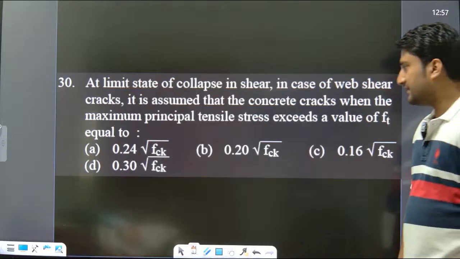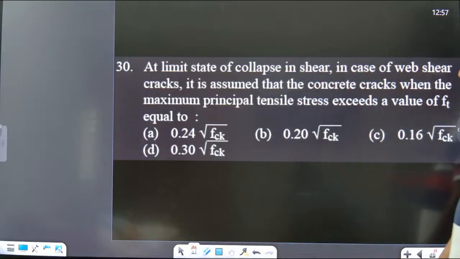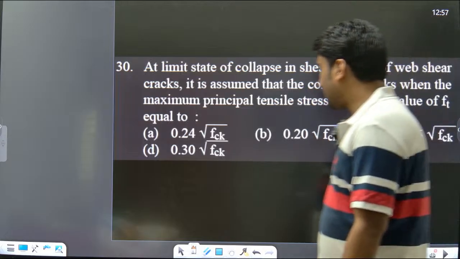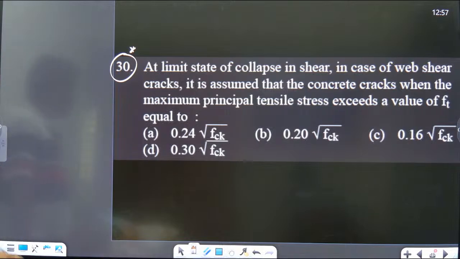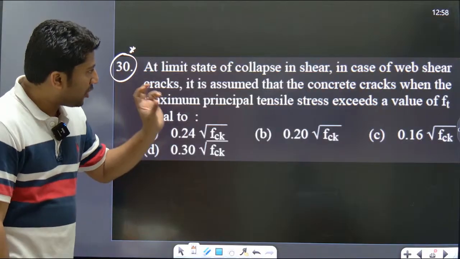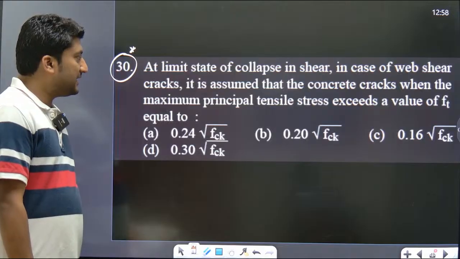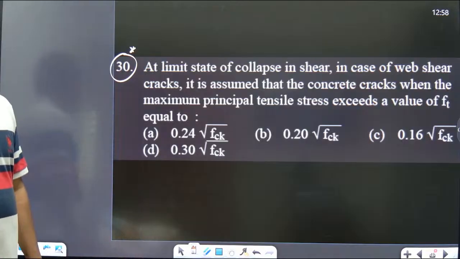Yes. Next question. It is a simple question. Answer it. This is a very simple question. At limit state of collapse in shear, please remember, in case of web shear, it is assumed that concrete cracks when the maximum principal tensile stress exceeds the value of Ft equal to, so the stress,